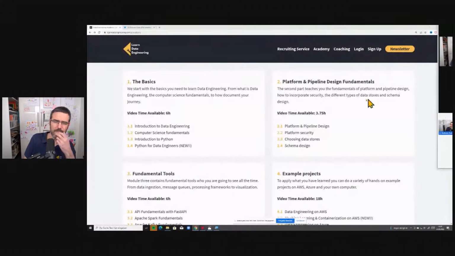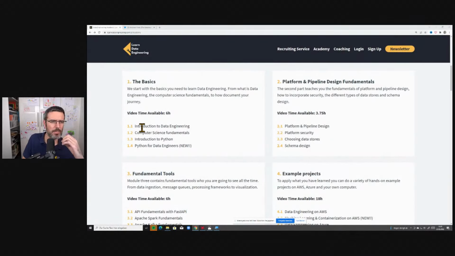what I would look into is the basics, so that you have the computer science fundamentals. That you understand how you can code, how you can use SQL databases, how you can write SQL queries.